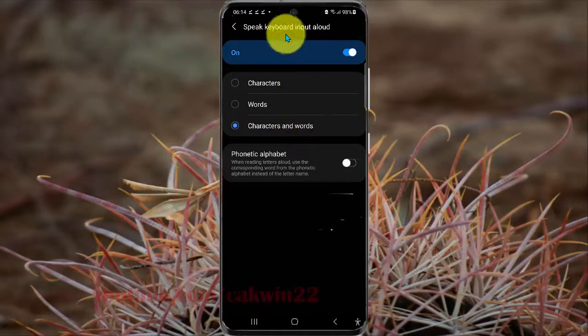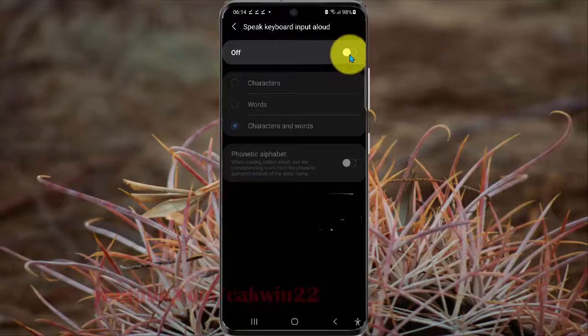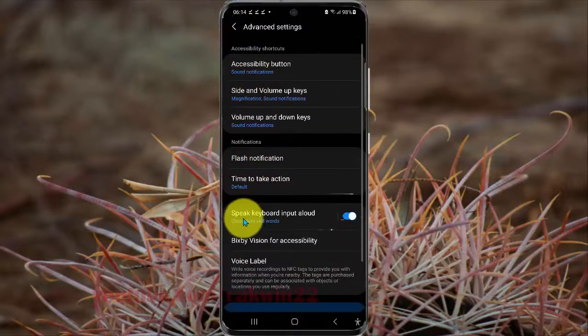But you must turn on speak keyboard and input load. So first tap the switch until on. If off, tap the switch until on and then select characters and words. Tap the button to save. Now speak keyboard input load is set as